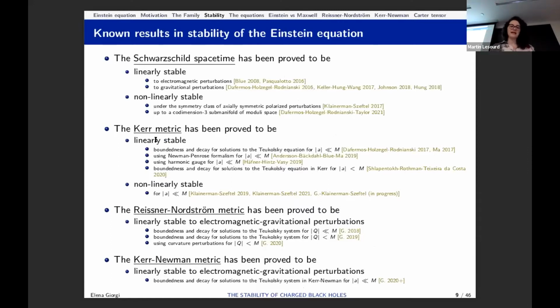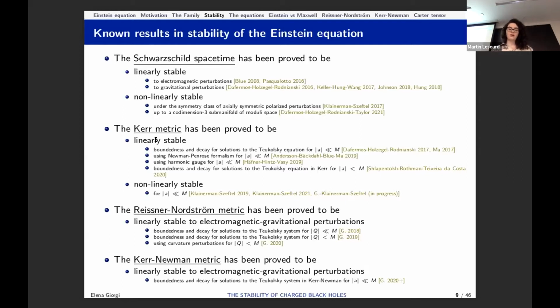So Schwarzschild space-time has been the first to be looked at, and has been proved to be linearly stable to gravitational perturbation, first by Dafermos-Holzegel-Rodnianski, then other proofs followed. And for the nonlinear stability, there was the work of Klainerman-Szeftel under a class of symmetry, axially symmetric polarized perturbations, and Dafermos-Holzegel-Rodnianski-Taylor that we heard about for the full picture. Then for the Kerr case, there have also been lots of works in the past few years,